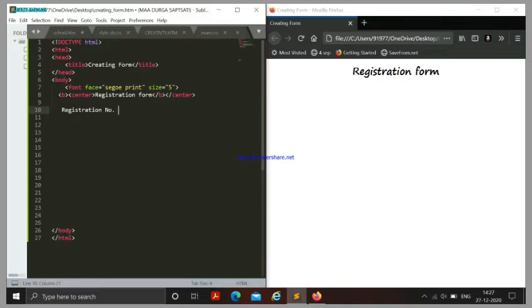And we are creating a form, so we want input from the user, so we will put input, and in the type we will put text. Refresh it and then you can see that the input box will appear.